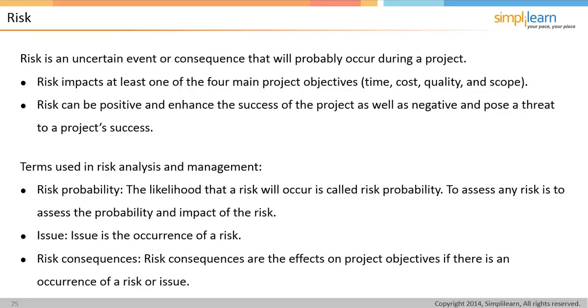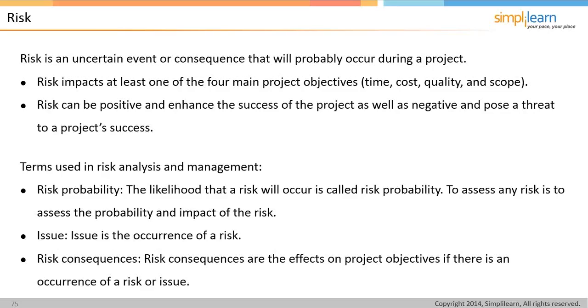Now, there's always going to be risk or some type of consequence, maybe something that is at stake. So risk is an uncertain event or consequence that will probably occur during a project. It impacts at least one of the 4 main project objectives: time, quality, cost, and scope. It can be positive and enhance the success of the project, as well as negative and pose a threat to